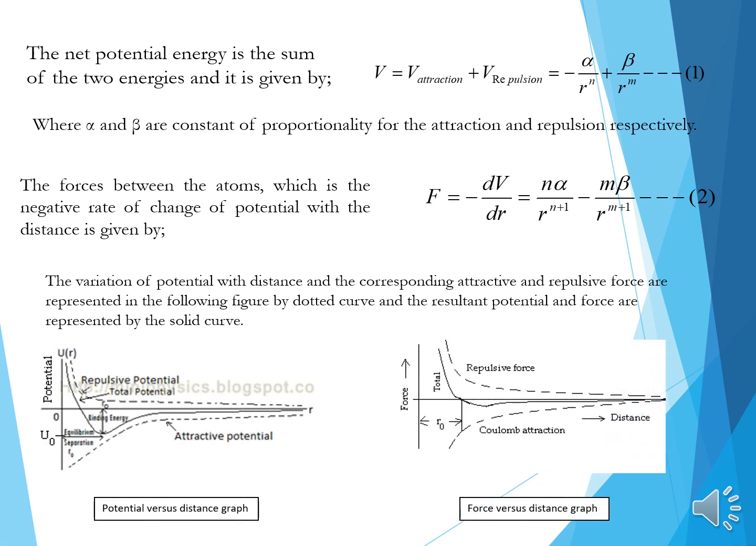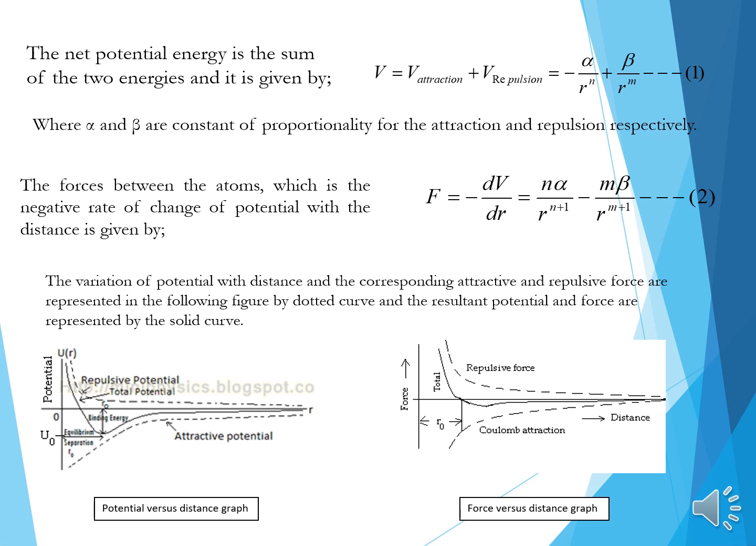Now, the potential energy is the sum of the two energies and it is given by V equals V attraction plus V repulsion. That can be written as minus alpha by r to the power of n plus beta divided by r to the power of m, where alpha and beta are constants of proportionality for the attraction and repulsion respectively. The force between the atoms,